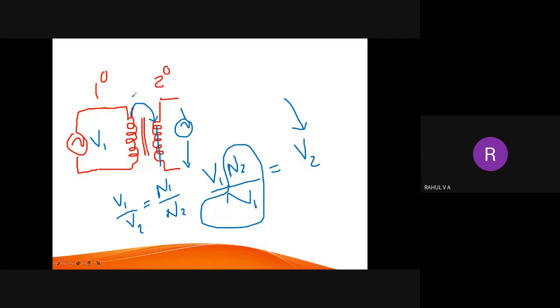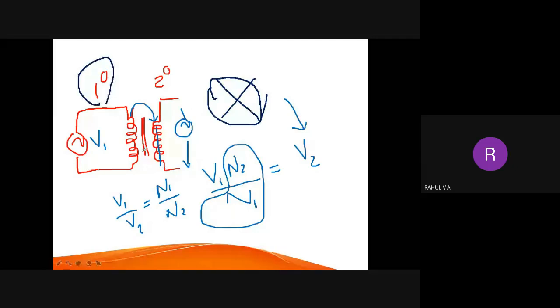That means there is no electrical connection between primary and secondary. So that is one of the advantages, because if any problem or any trouble happens at these points of the circuit, it will not affect the primary because there is no current to flow from primary to secondary. Only flux flows. Primary and secondary is not electrically connected. So if any trouble occurs at the secondary, it will not affect primary.